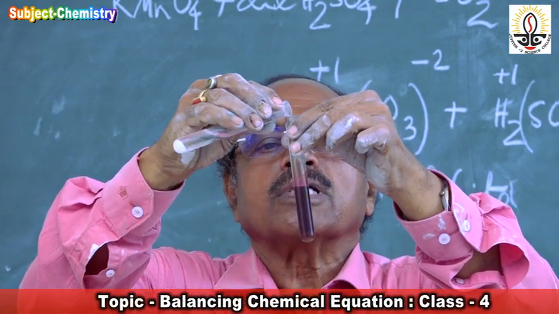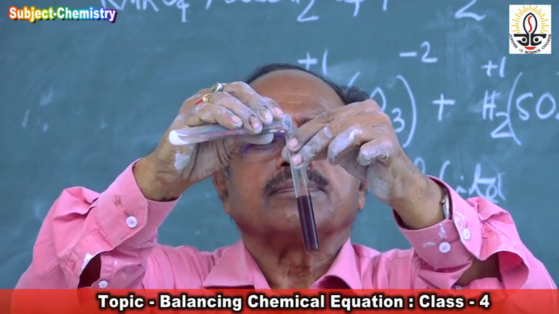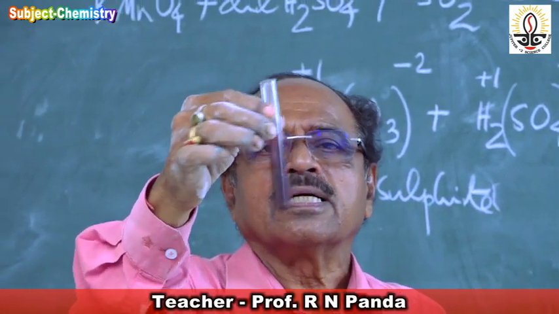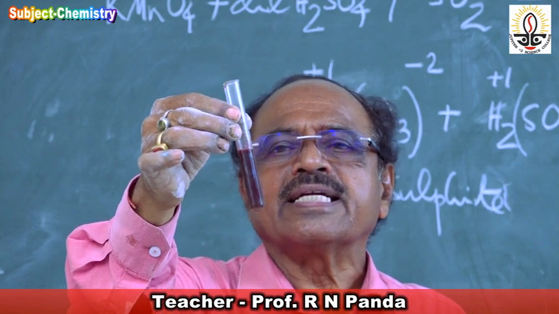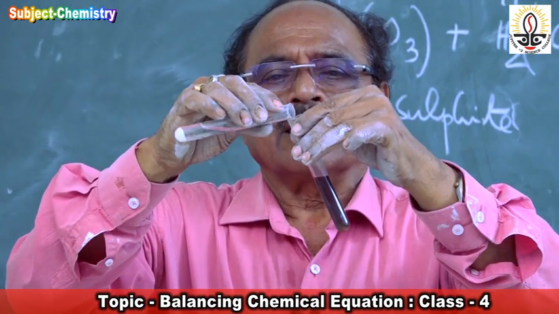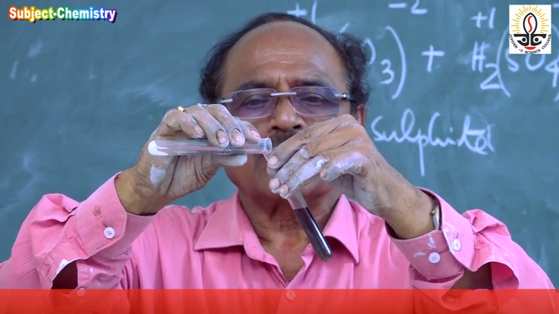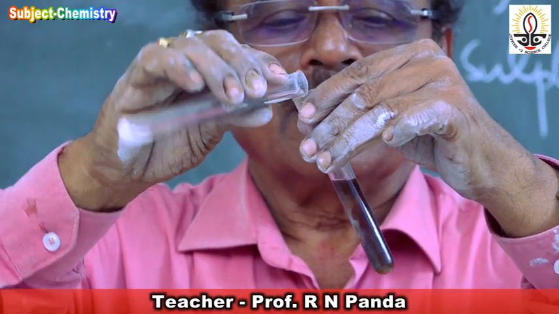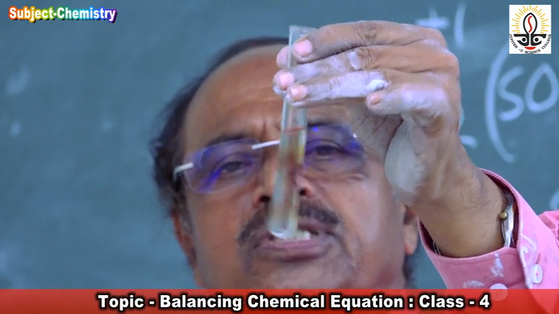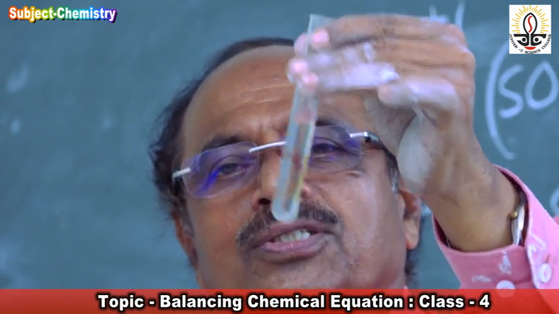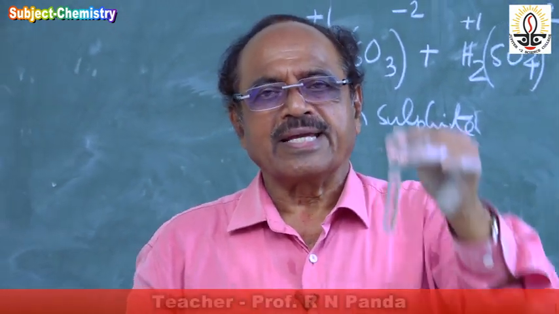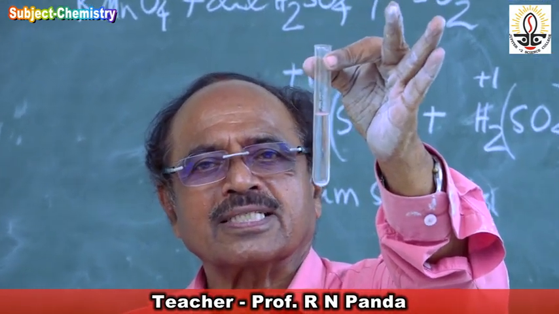Then I will add a little more sulfur dioxide to that. Now you will see the brown color. The pink color is gone. Now this color is brown, because the valence state is decreasing, so the color is also changing. Then I will add more sulfur dioxide gas to that. Now see, this becomes totally colorless. So this is the chemistry. This is called the mystery behind the chemical reaction.